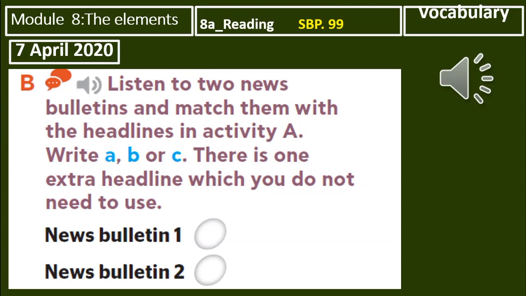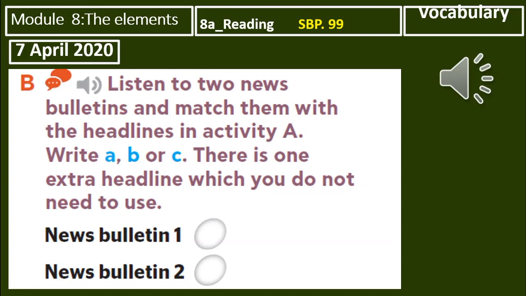News Bulletin 1. Good evening. This is the news at 8 o'clock. The town of Newport is still in darkness after a fire broke out in a nearby power plant yesterday. The blackout has turned off every light in the town, and authorities are advising people to stay indoors, as all street lights and traffic lights have also gone dark. The fire spread quickly and burnt for nearly 7 hours. It destroyed the power plant and several kilometers of power lines before firefighters managed to put it out just 5 kilometers outside the town.